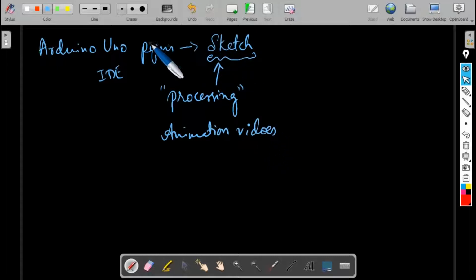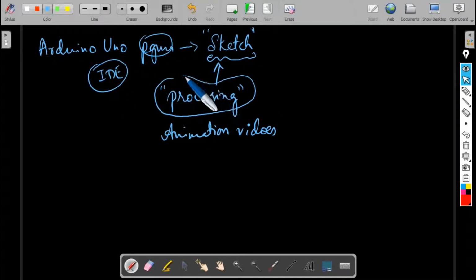So here, instead of calling it a program, we'll make use of the terminology Sketch, because this Arduino IDE is based on this Processing software, which was used to create some small animation sort of videos. Okay.